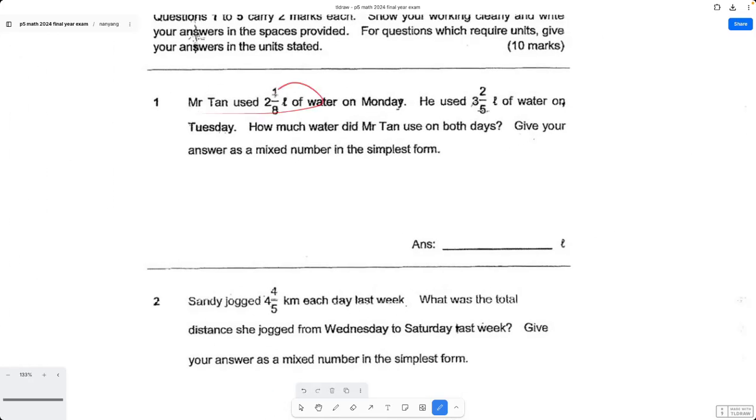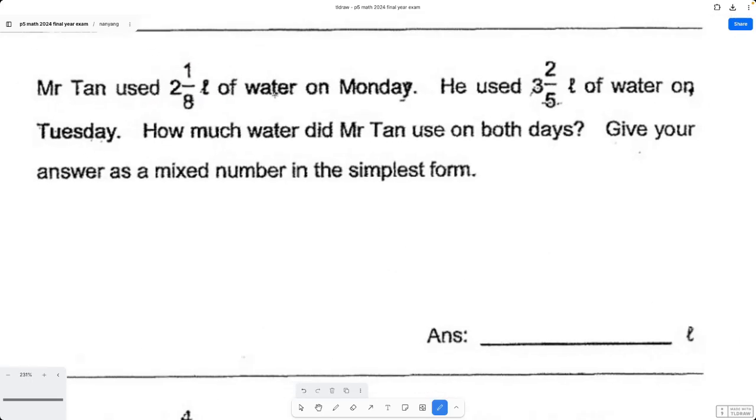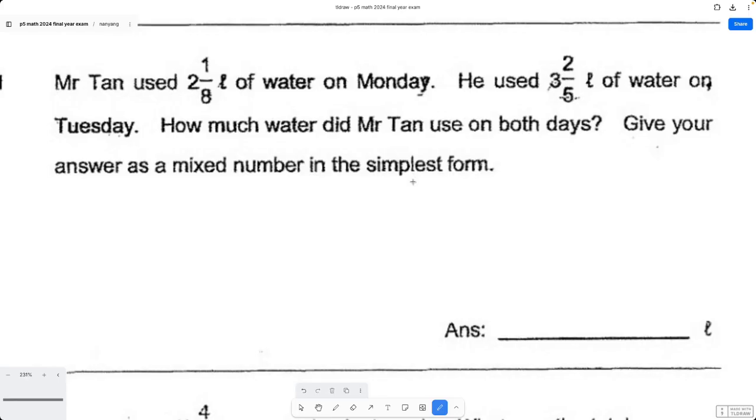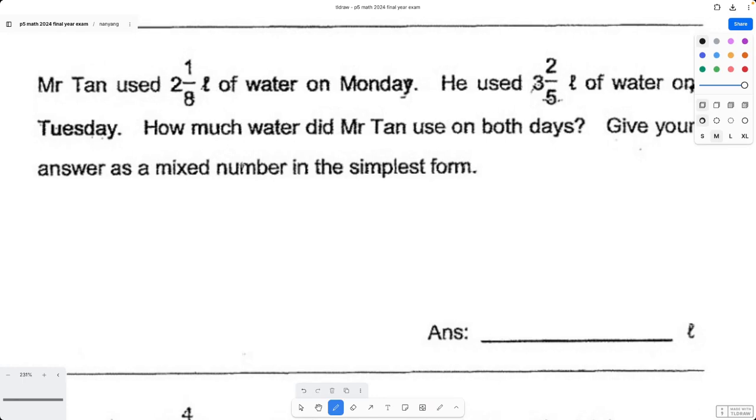Mr. Tan used 2 1/8 of water on a Monday. He used 3 2/5 of water on a Tuesday. How much water did Mr. Tan use on both days? Give your answer as a mixed number in the simplest form. So what we want to do is add these two mixed numbers together. So I'll say total